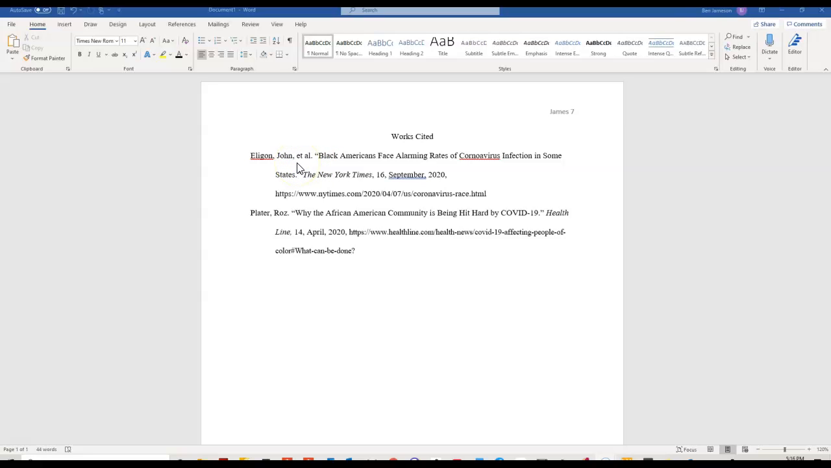If it's 3 or more people, then you use this phrase et al. And notice that it's lowercase. Notice that there's not a period after et, but there is a period after al. So,